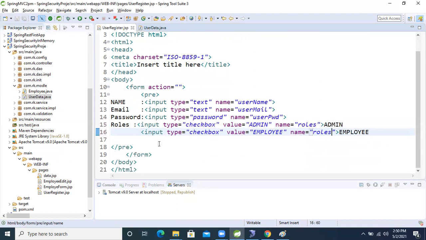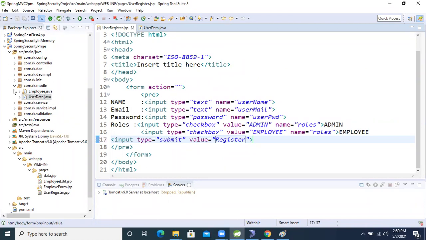Here input type equal to submit, value equal to Register. Fine, so now the form is ready.